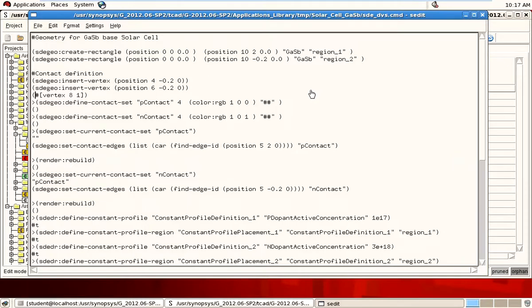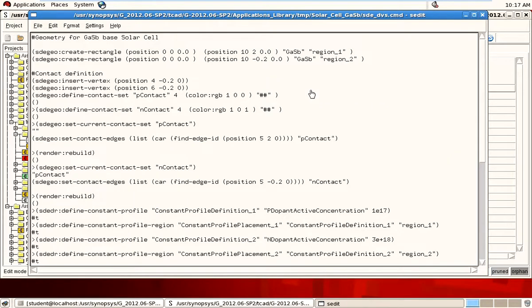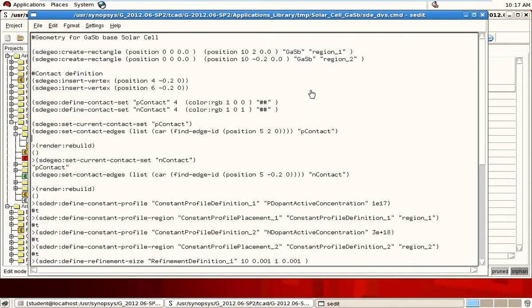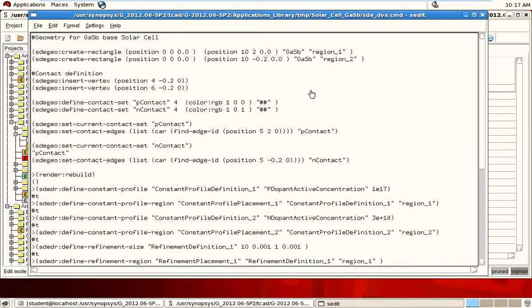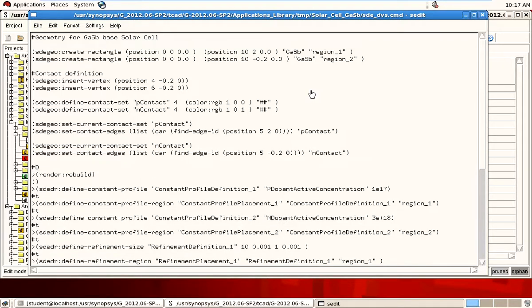So in the contact definition, defining the vertex, then P contact, N contact, P side, N contact, and then we have the doping profile.